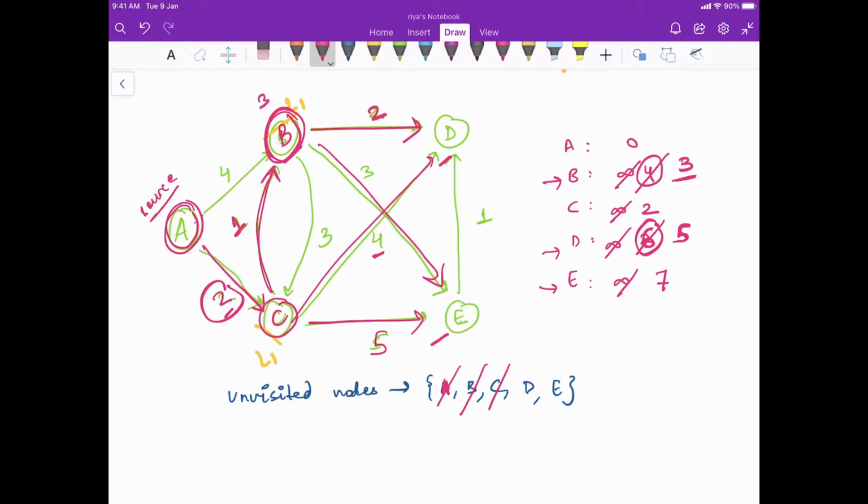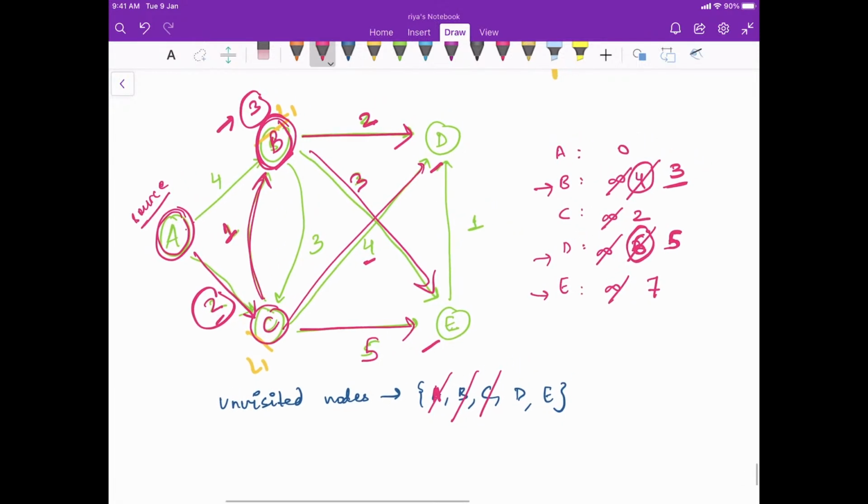Now हमारे पास B से E जाने का भी ऑप्शन है, राइट। अब B तक पहुँचने की कॉस्ट मिनिमम क्या है 3, राइट, 3 is the minimum cost to reach B, तो E पहुँचने की कॉस्ट कितनी हो गई 3 + 3 6, राइट। सो ये भी एक ऑप्टिमाइज्ड वैल्यू हमको मिल गई है, तो we change it to 6, right. अब यहाँ पे B से C जाने का भी एक ऑप्शन है, तो B तक आने का ऑप्टिमाइज्ड ऑप्शन था 3, अब मैंने 3 ऐड किया तो 6, बट हमारे पास तो ऑलरेडी एक ऑप्टिमाइज तरीका है ना, we can reach C in cost 2, तो हम इस कॉस्ट को अपडेट नहीं करेंगे, राइट।